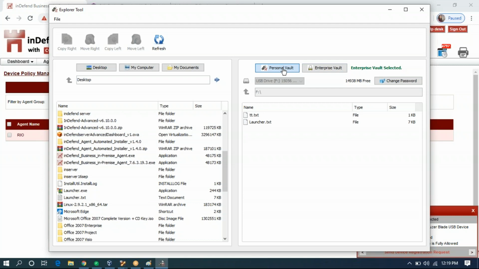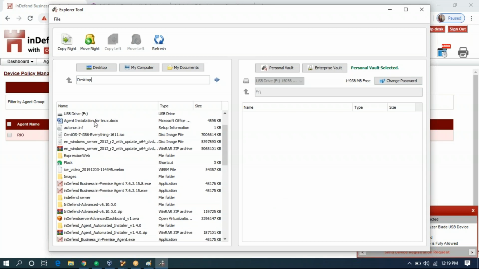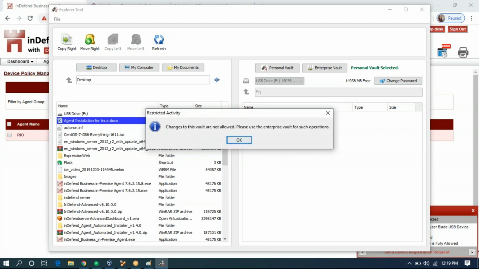As I mentioned in our earlier trainings as well, this USB has two parts. One is Enterprise Vault and the other one is Personal Vault. Now Personal Vault is selected. As you can see, you cannot write anything inside the personal vault because the policy is not enabled.